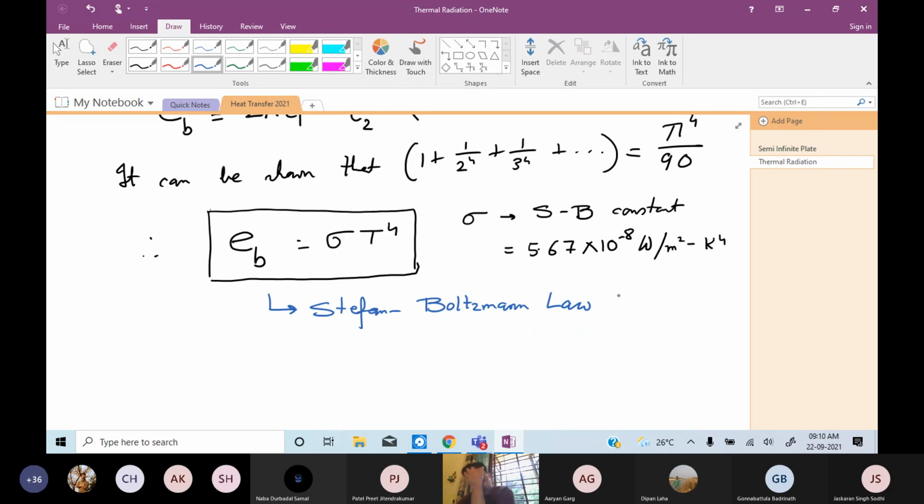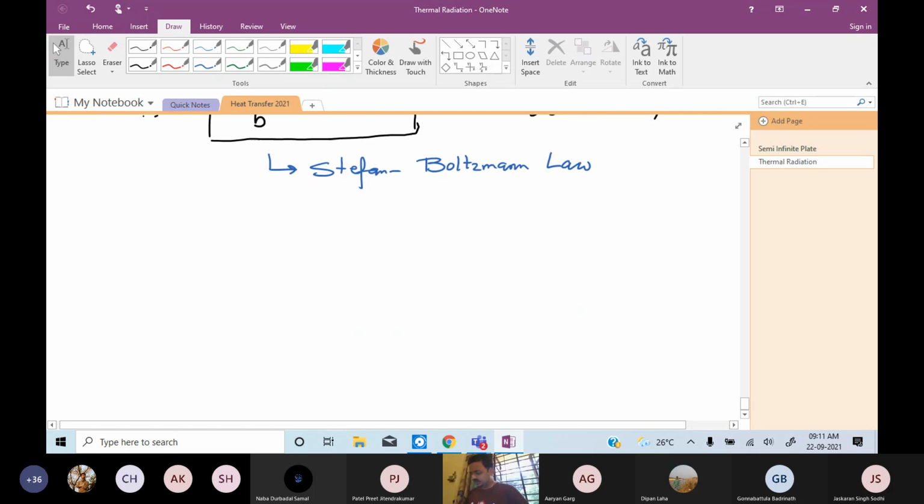Now let us say I ask you that, yes, I can get the total emissive power using Planck's law, and even Stefan-Boltzmann law, which has already been done. But what if I want radiation over a certain range of lambda? What will you do? So, the question that I'm posing: